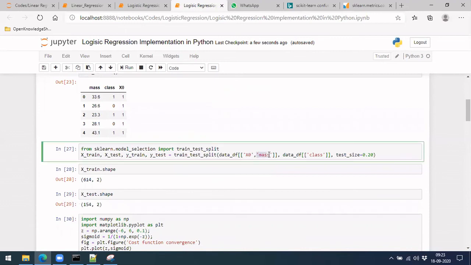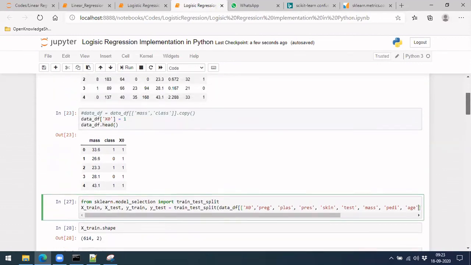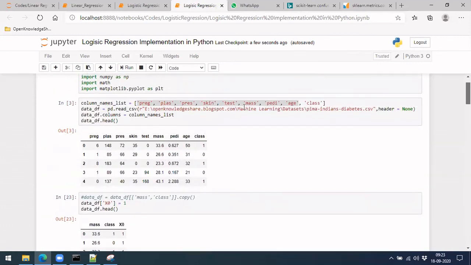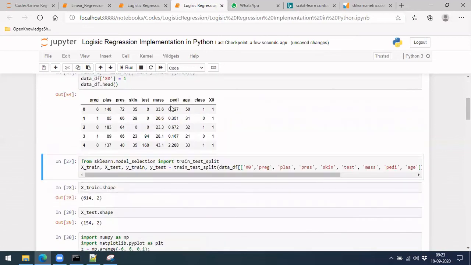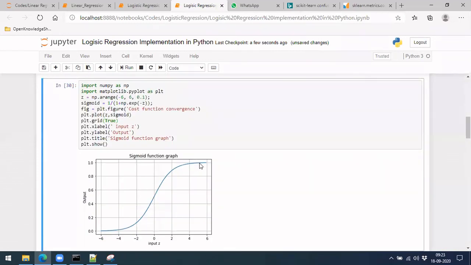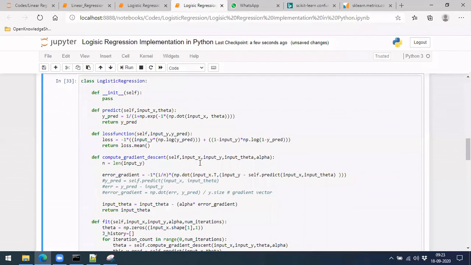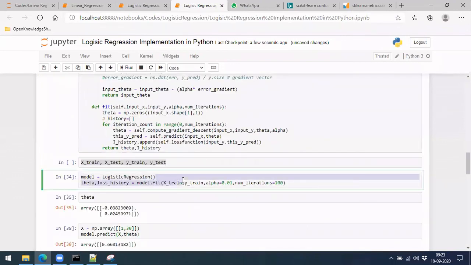So x0 will have this x0. Now we are adding all the values there, and from here let me again run this and add this. Now you have all of this again, x0 as well. Running this, we now don't need the number of this. So if we run this, let me run this as well.